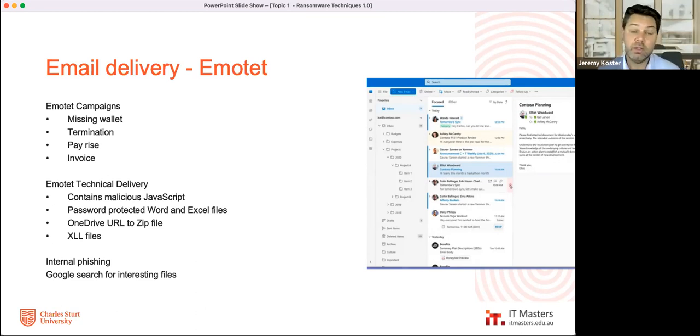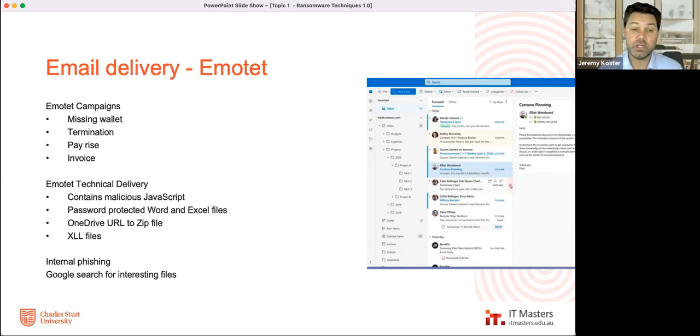Campaigns that might come through, we've seen some recent ones, like you've got a missing wallet, open up this document, which is an Excel file. You're going through a termination, open up the document to see what that is. You're getting a pay rise. This is an invoice. You can see these are all triggers for people who are waiting for something. If they hit someone who's actually waiting for termination papers, which can happen, and if they're delivering heavily to millions of inboxes, it could actually make it to someone. They'll click on it. Even knowing about phishing, they might actually open the document.